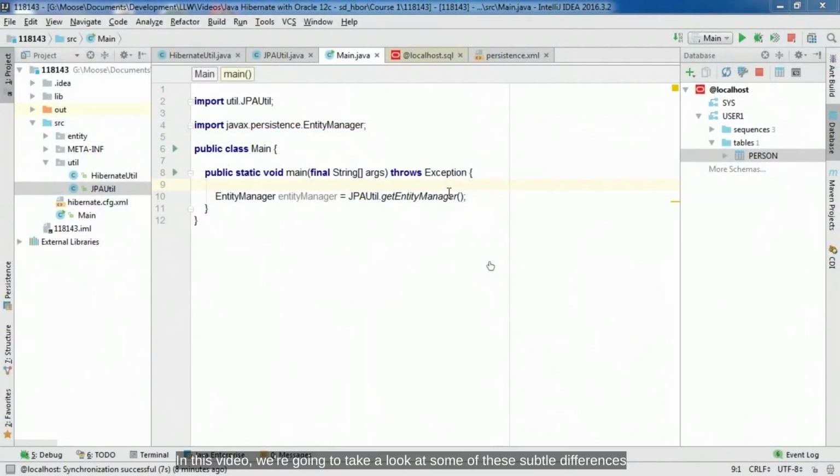In this video, we're going to take a look at some of the subtle differences when attempting to configure JPA for an application, also known as the Java Persistence API. As its name implies, JPA is really just an interface which establishes the contract for a persistence provider such as Hibernate. JPA alone wouldn't actually accomplish anything, as there is no underlying implementation to persist and retrieve objects from the